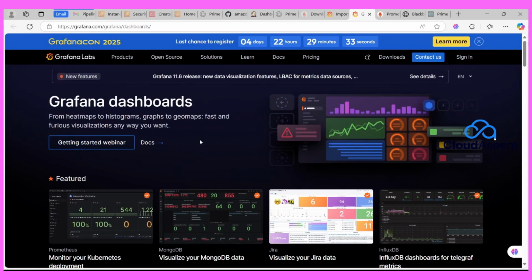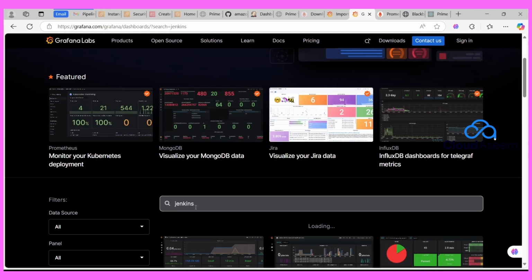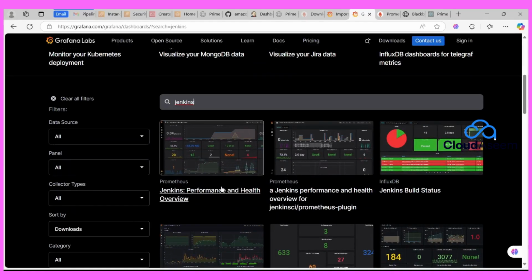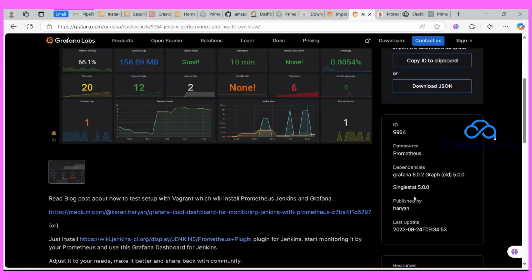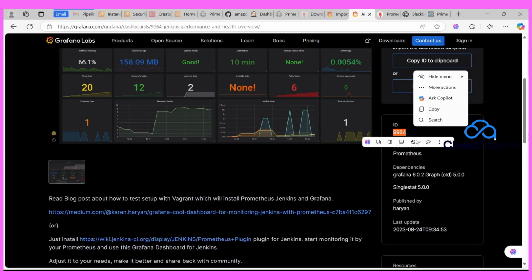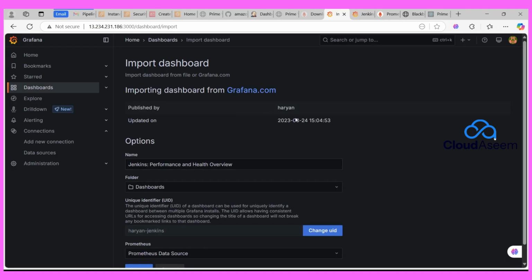First, I'm going to search for Jenkins. Okay, so Jenkins is available. I'm going to click on this, then one ID will be given to us. I'm going to copy the ID, then go over here and paste this. After pasting, I need to click on load, so it will take this pre-built